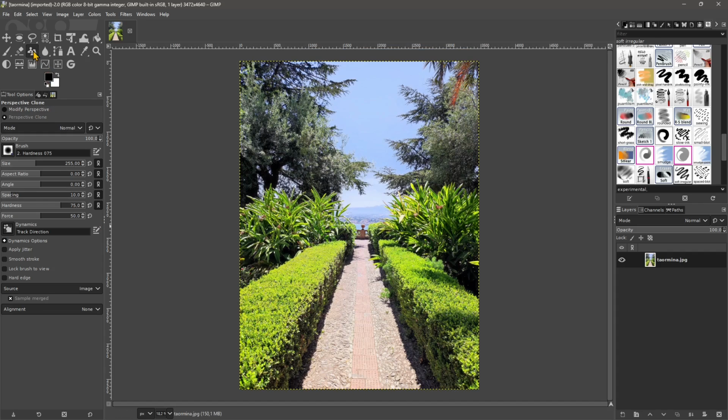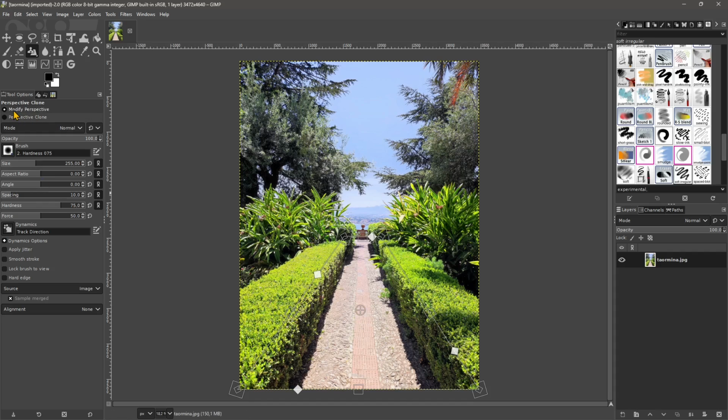So what I can do is to use the perspective clone tool. Well, it can be done in two different phases. The first one is to define a perspective, and the second one is to clone a part into this perspective. So if I first do modify perspective, I can click here and I can decide how my perspective will be. So I can choose here like the horizon, and then I can start to push this. You can see that you can use the transforming handles here, and you can try to follow the bushes in here to recreate that perspective. And when I'm finished, I just